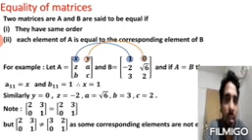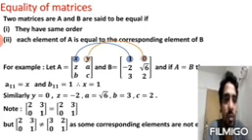You can understand that from the example here. The matrix A has 6 elements x, y, z, a, b, c, and matrix B has 1, 0, minus 2, root 6, 3, 2. If I ask you the order of these two matrices, both have the same order, that is 3 by 2, 3 rows and 2 columns. The element A11, the first row first column element in matrix A, is x, and B11 is 1. So we can compare them, and x is equal to 1. Similarly, y is equal to 0, z is equal to minus 2, a is equal to under root 6, b is equal to 3 and c is equal to 2. This way we compare the elements.